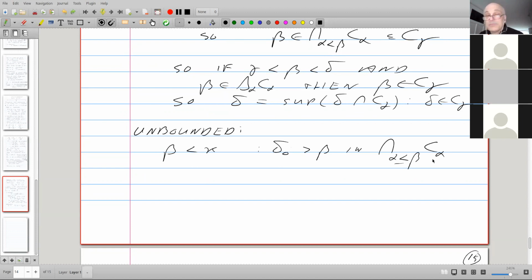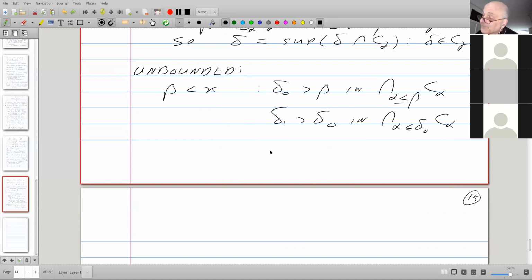So we take a delta bigger than beta in that set. The intersection of all those C alphas for alpha less or equal than delta 0 is closed unbounded. So we can take something in it. And you can see where this is going.